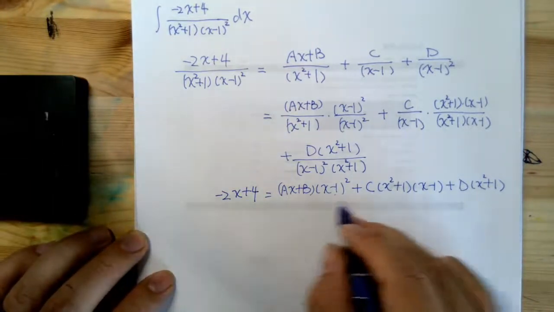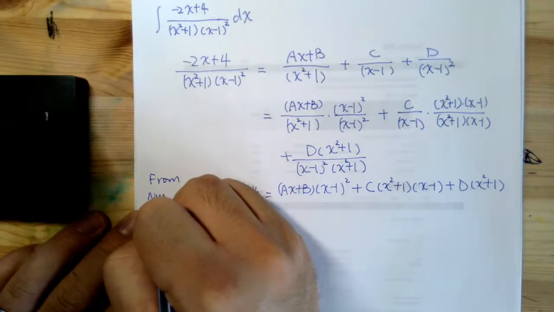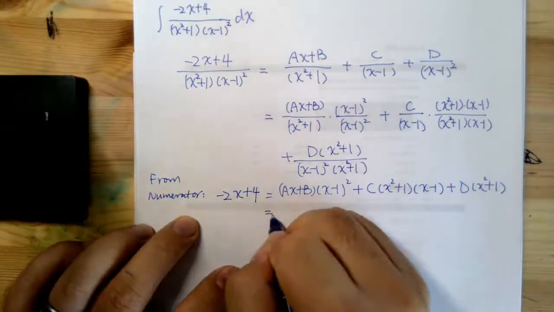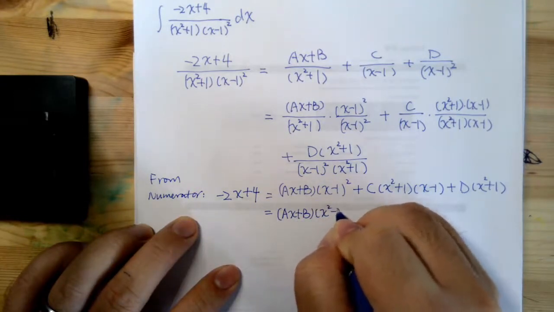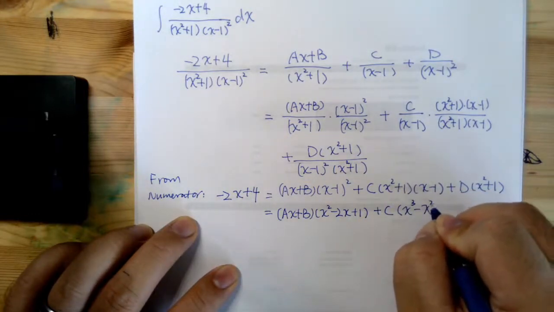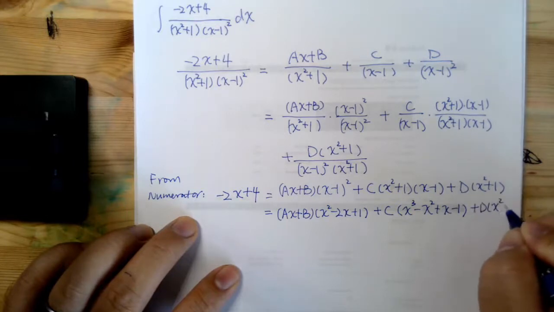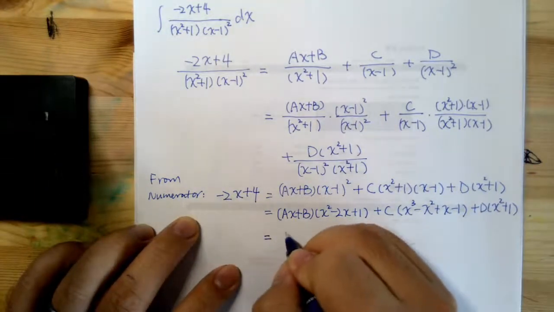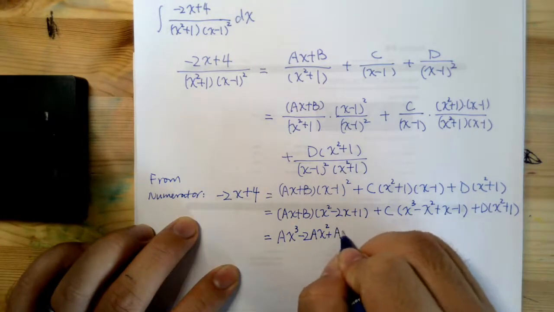And then after that, from the numerator, this is what we can get. Okay. And then you can simplify the right-hand side into ax plus b times x squared minus 2x plus 1 plus c times x cubed minus x squared plus x minus 1, okay? And then, of course, plus d times x squared plus 1. Okay. We can even distribute the right-hand side, which gives us ax cubed minus 2ax squared plus ax plus